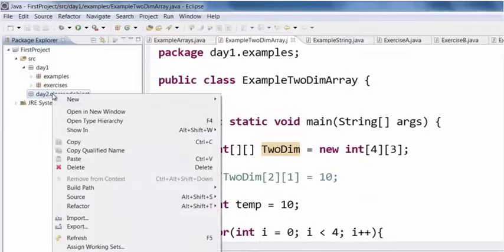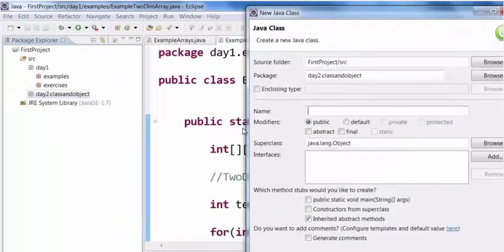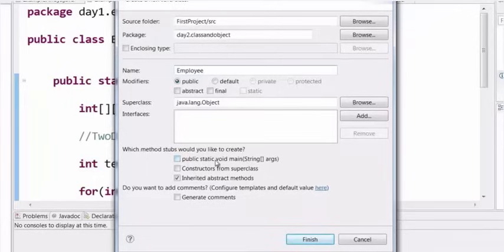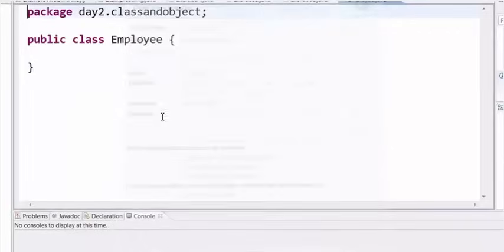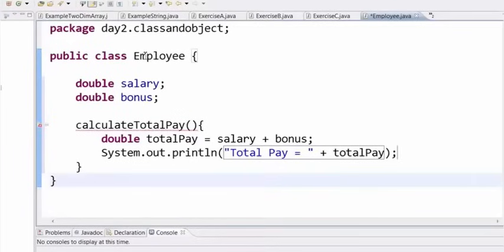And in this, let us create a new class called Employee. You need not check this public static void method. So in this class Employee, we are going to have a salary, bonus, and a calculate total pay method. So now if you see, I have this class called Employee with salary and bonus, and then I have this